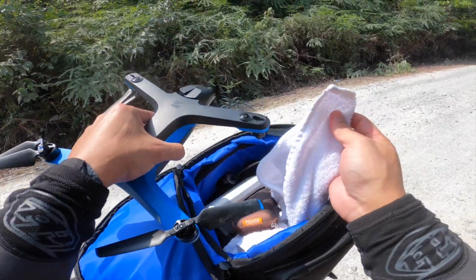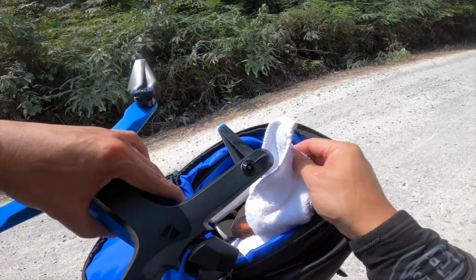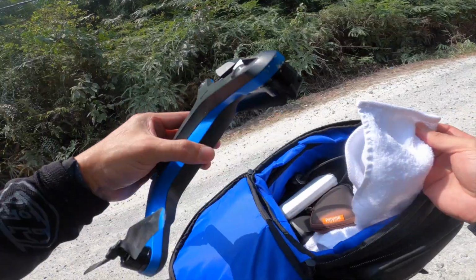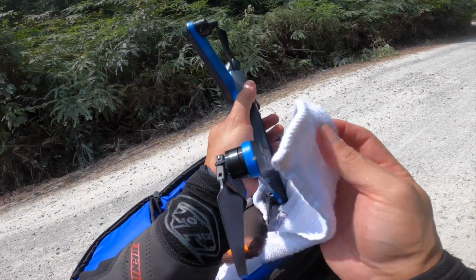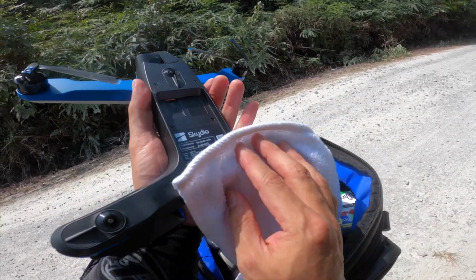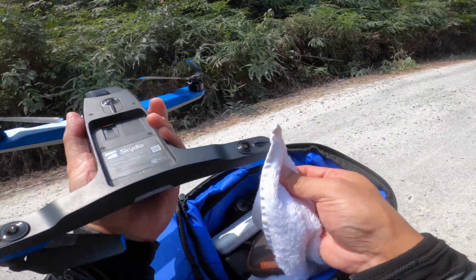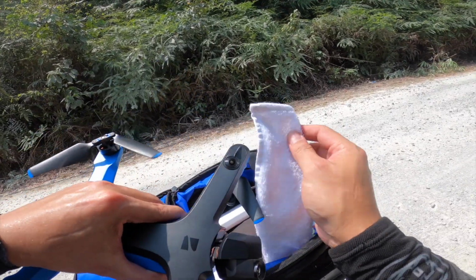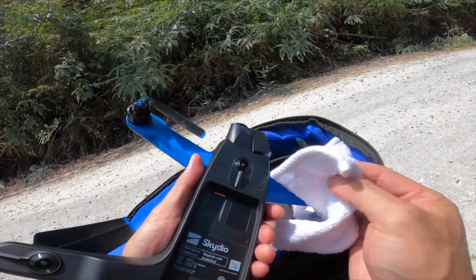No harm done, everything's good. Some slight damage. I don't know whether this is covered by Skydio. We'll just have to see. Disappointing that it does well, and it did really well most of the situation, and for some reason only this particular spot that it failed me. Good thing that I bought the extra set of propellers, so I'm gonna go back and change those propellers and hope that it's okay, and see whether I can submit a claim to get